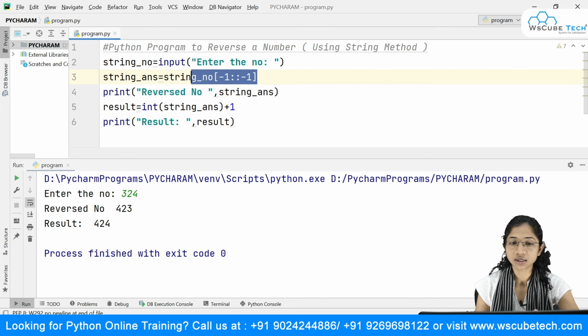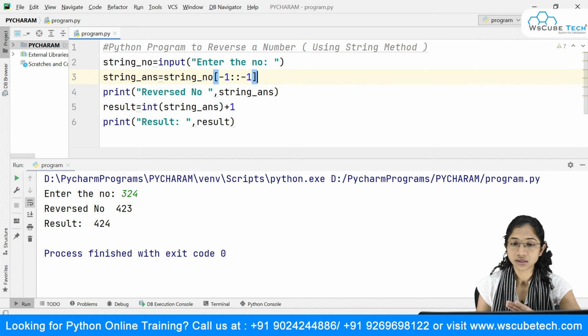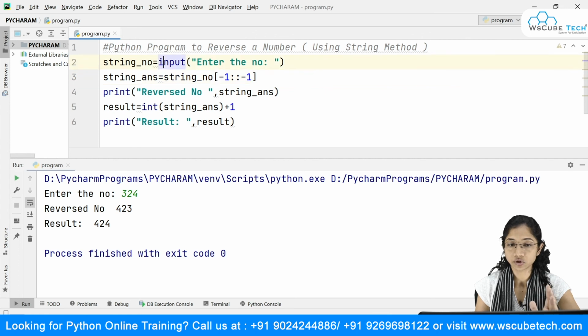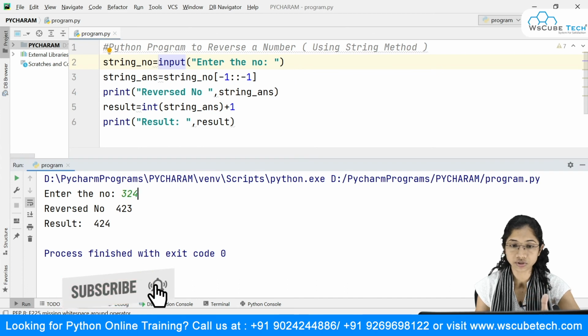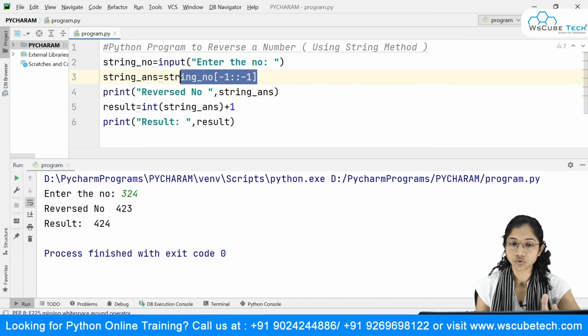Okay, the main logic is just in this thing: how you can make use of the slicing operator over here. Okay, so via this you can simply reverse a number. Okay, and as you are not doing a type conversion over here, by default Python will understand this thing as a string. Okay, so even though you pass it a number, it would be treated as a string over here, and you need to make use of this slicing operator over here. Okay, and give it a range, that is start index, end index, and the step size over here, and it will reverse that string over here.